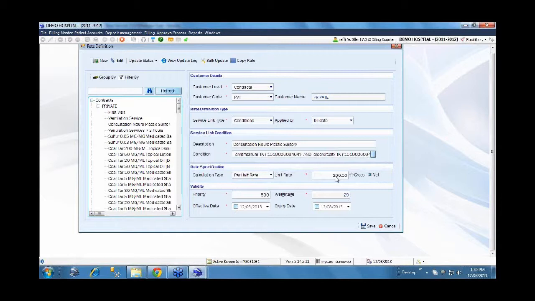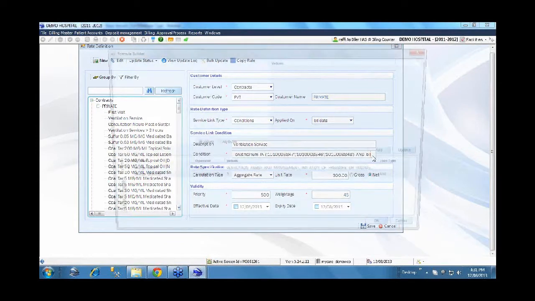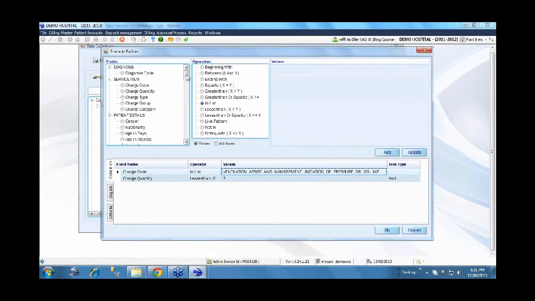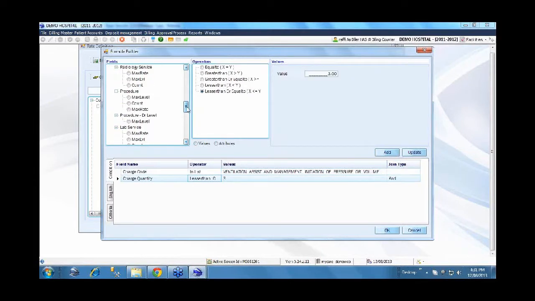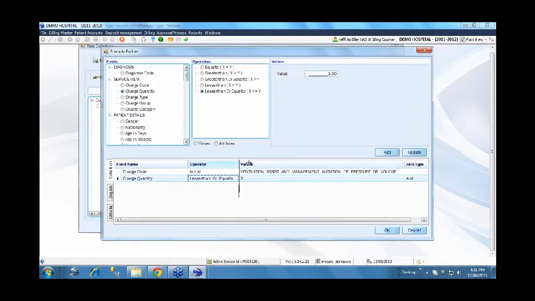Now we will look at specific cases relating to ventilation charges, oxygen, OR room, wherein the charge is based on an hourly rate. Say for example, ventilator charges: mostly they say for up to 3 hours of ventilation the charge will be a specific charge, and then for greater than 3 hours, for every additional hour there is a specific charge. So this is the criteria the hospital has. In this case I can list down all the ventilation charges. I am saying the charge code is relating to any of these ventilation codes, and the unit of measurement is hours, which is defined in the charge definition. If it is less than or equal to 3 hours.